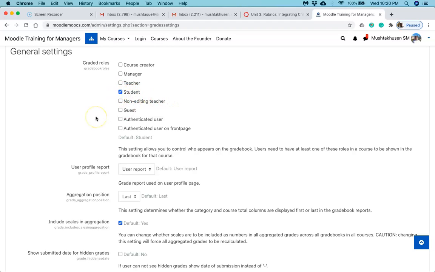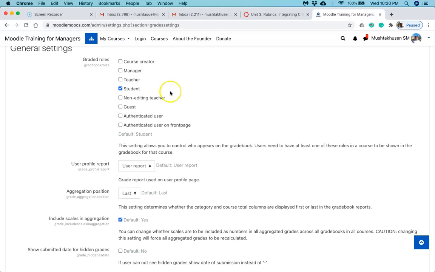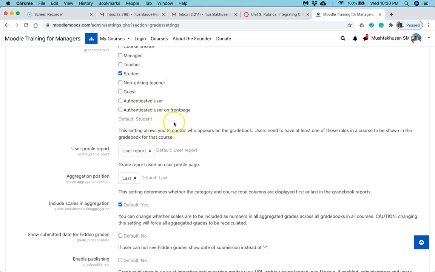But if teachers or managers are taking up your course, maybe you can enable those. You are free to select the rest of the options, that is course creator, manager, teacher, non-editing teacher, guest, authenticated user. But by default it would be student.